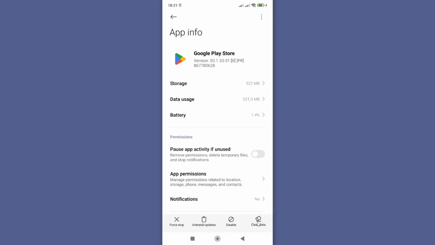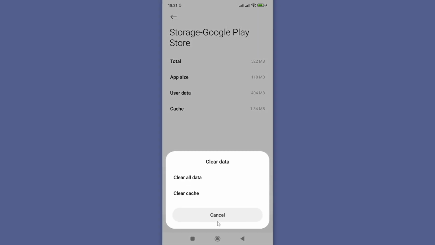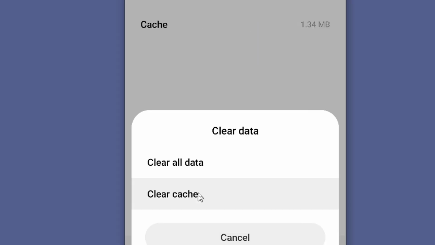At this point, we want to clear the app data, more especially cache data. So if I go to storage here, you can see a breakdown of data stored by Google Play Store. Of importance is this cache data. When you talk of cache data, these are just small files that Google Play Store normally collects and stores to enhance user experience. However, when these files accumulate, they might cause your Google Play Store to malfunction, thus making you unable to install apps. To fix this, tap on clear data down below and then choose this second option, clear